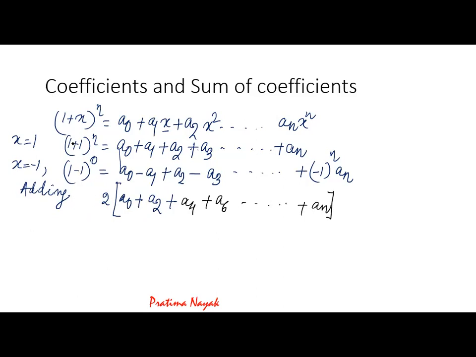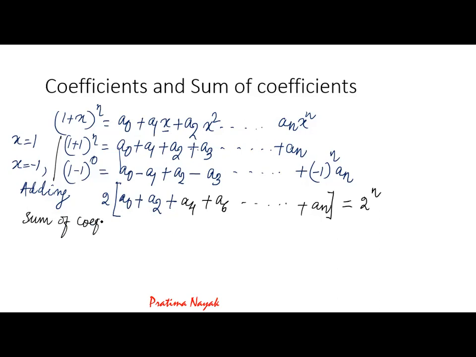So if we add the left hand side, you are getting 2 to the power n plus 0, so 2 to the power n. The a0 is the coefficient of x to the power 0, then x to the power 2, x to the power 4, and so on, even powers. So I am getting the sum of